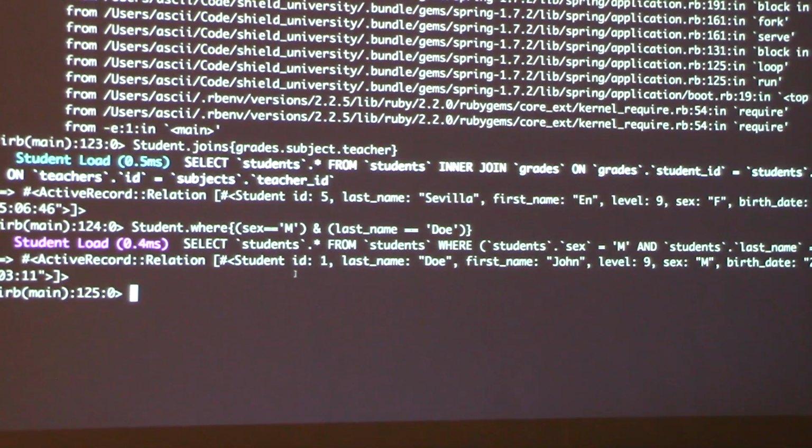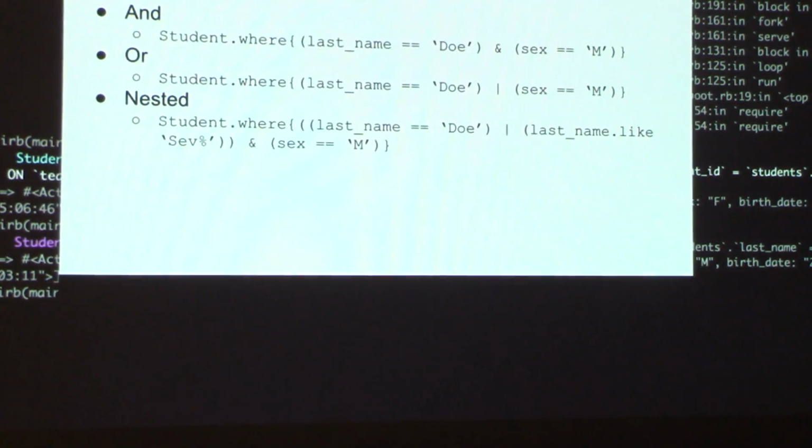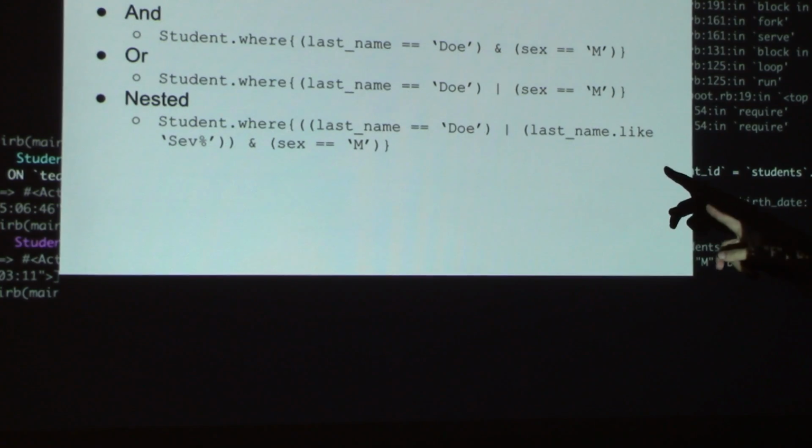So you can also do nested for that. So you can say like and, and then on the and, let's say may or ka pa, and then encapsulate them in one group. Nested is possible also at the same time. So back to our presentation. So there. So the nested is also possible.